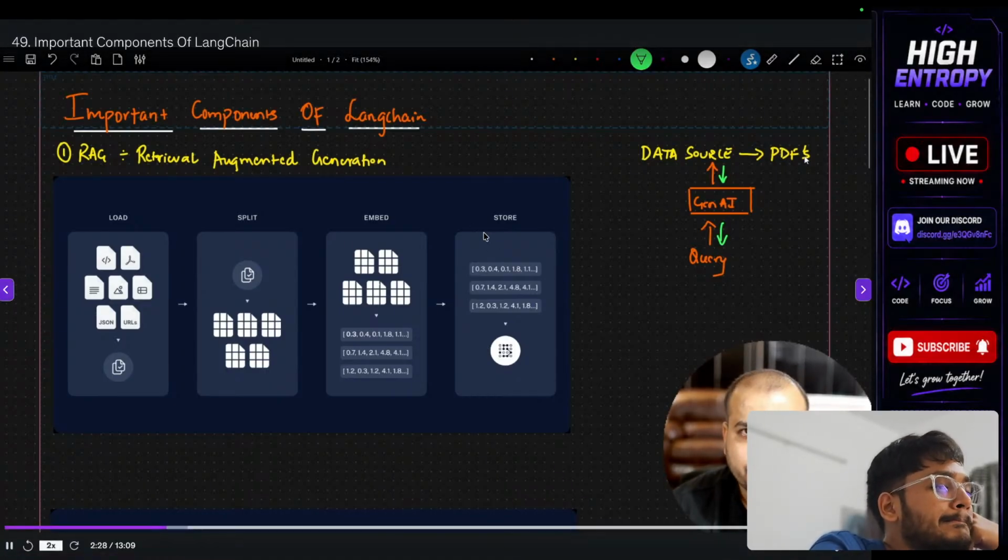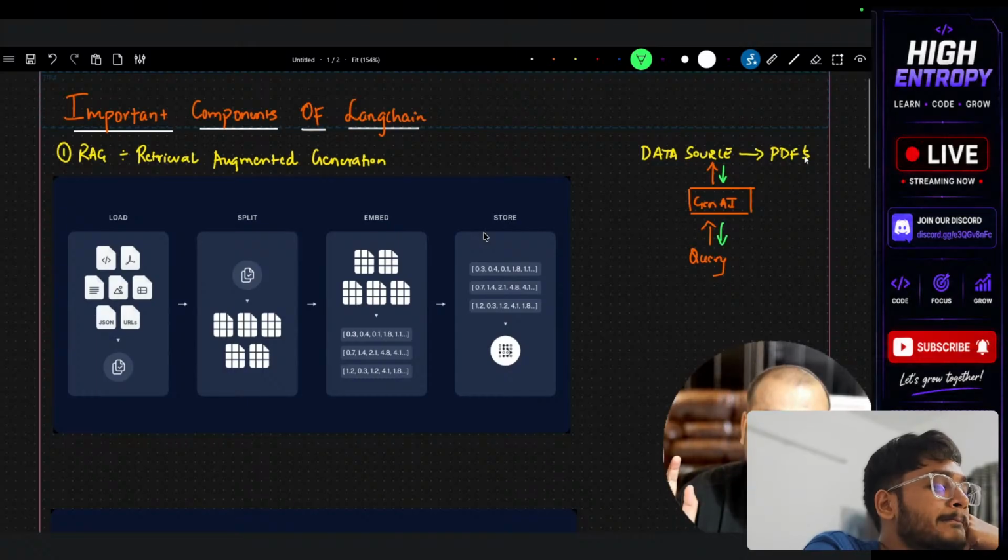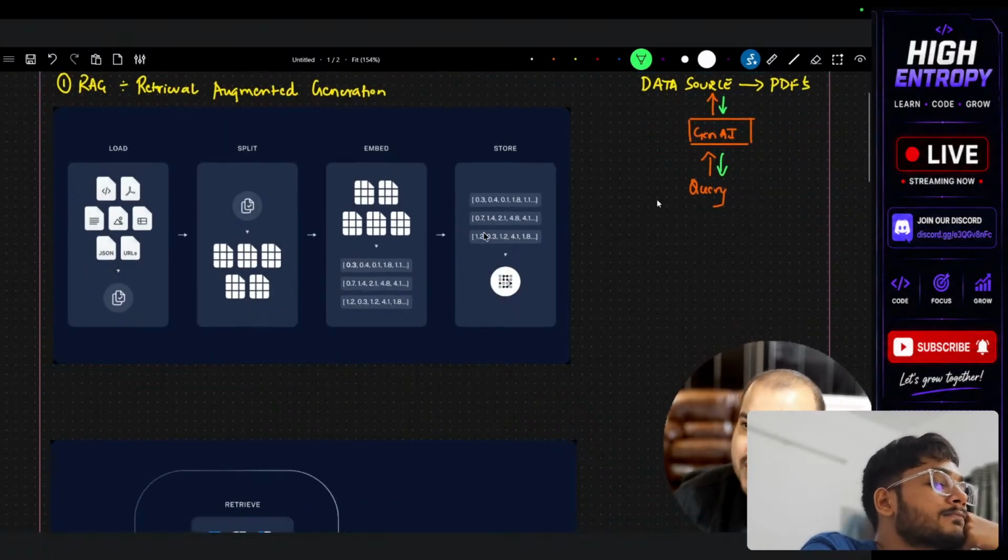Now, if I consider this application and the most common components that we use in LangChain to develop this kind of application, we'll try to understand step by step how we will be developing it, and what components are used in each and every step. Initially, whenever I have this kind of use case,